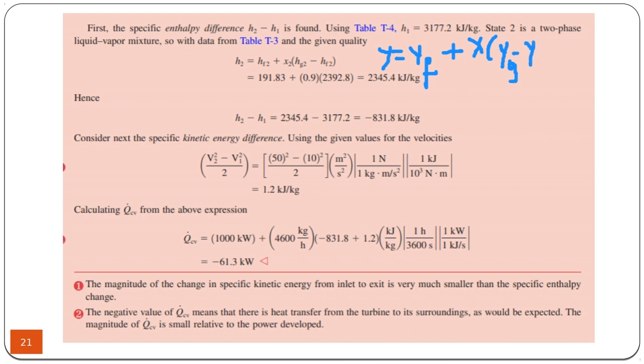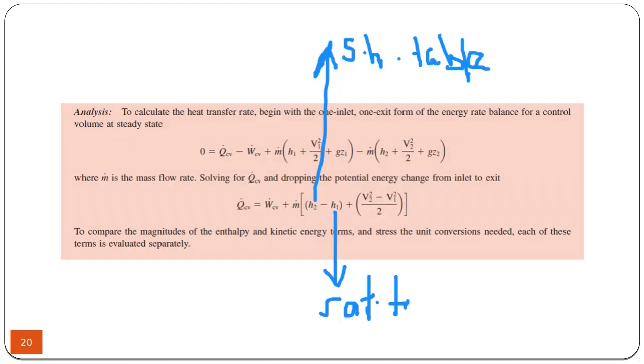So in this case, the property is enthalpy, so we can calculate enthalpy at the exit, so that the enthalpy difference here is found to be